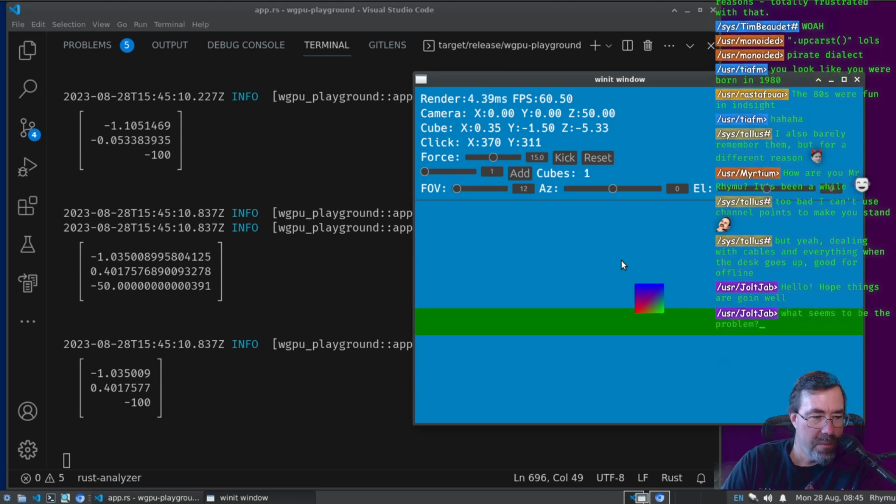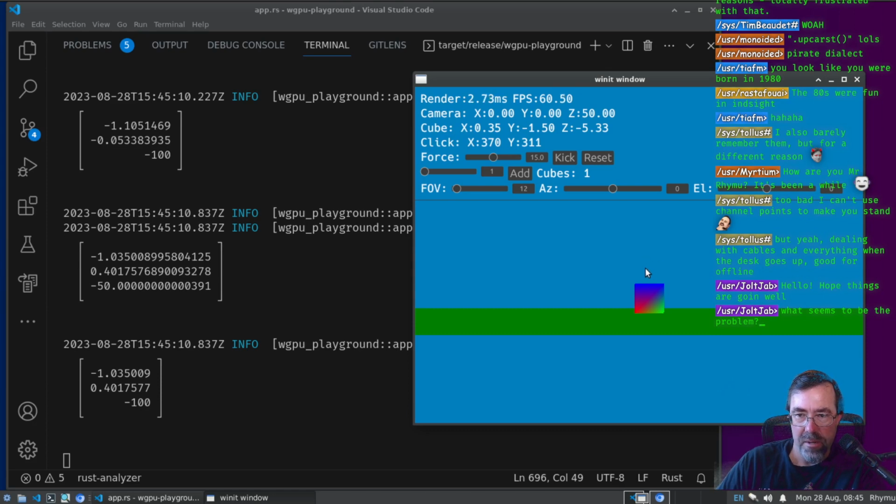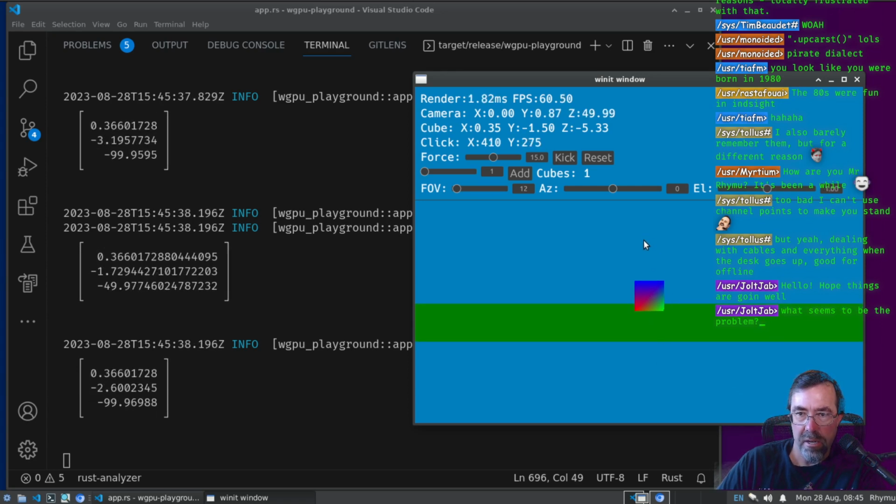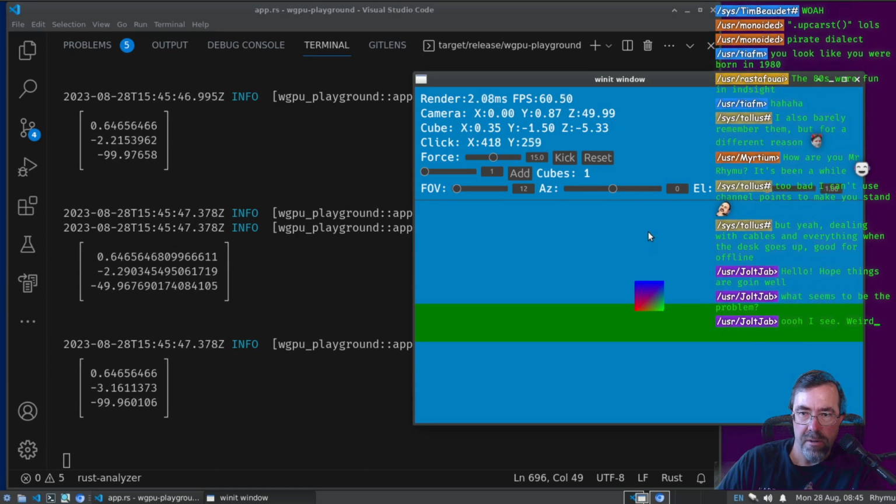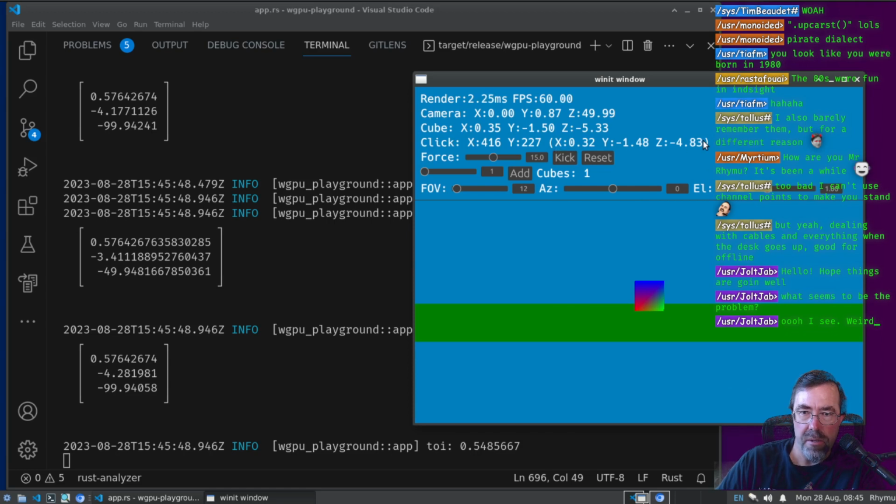Hey there, Jolt Jab. I'm good, except my coordinate systems are all messed up. See, I'm doing a hit test, right? And if I click around here, I should be hitting the cube, but I'm not. If I just click around, I'll eventually hit it. I hit it if I click up here. It's like the physics engine thinks that the cube is up here, but the display says it's down here. Right? Yeah. See, now I'm hitting. When this shows an XYZ up here for click, that means the physics engine raycast hit something. It hit this guy, but if I click up here, it's like there's some kind of offset problem in the way I'm drawing